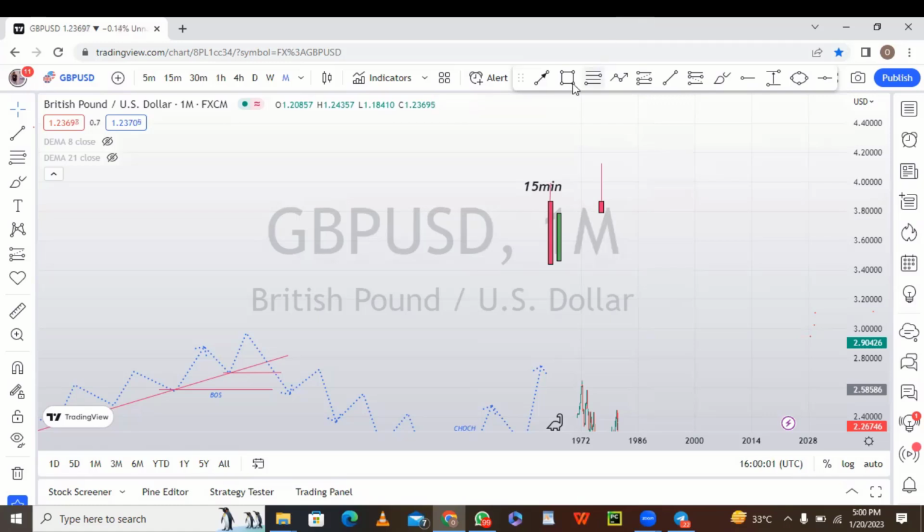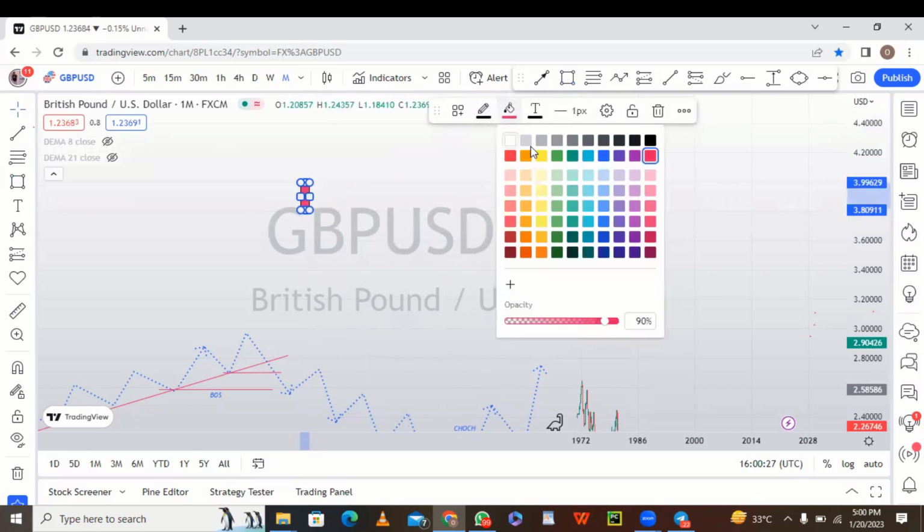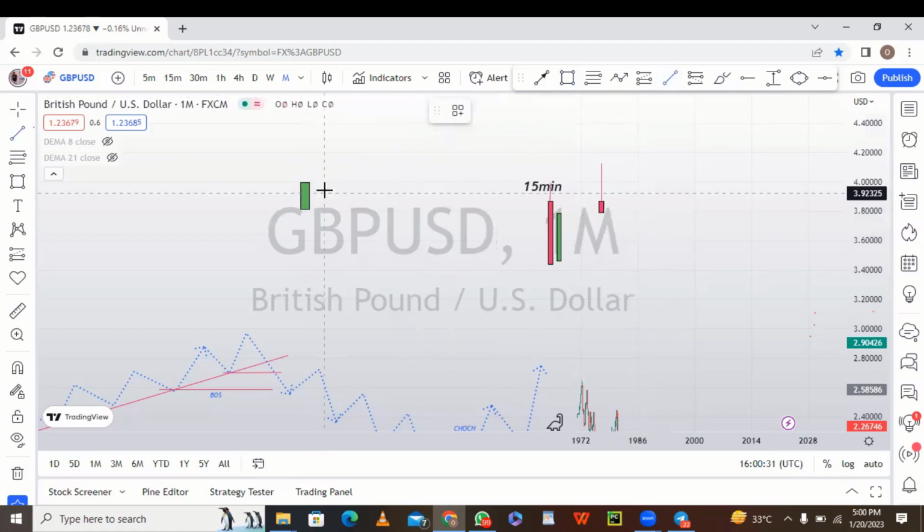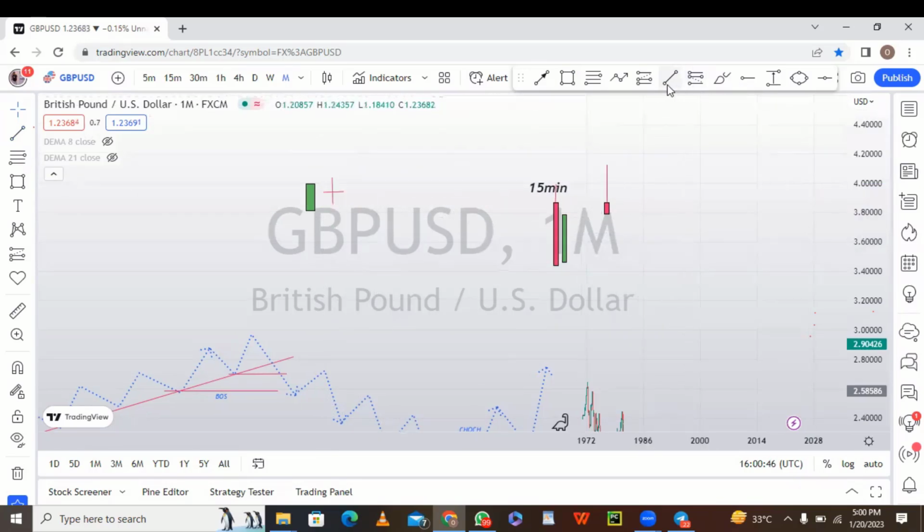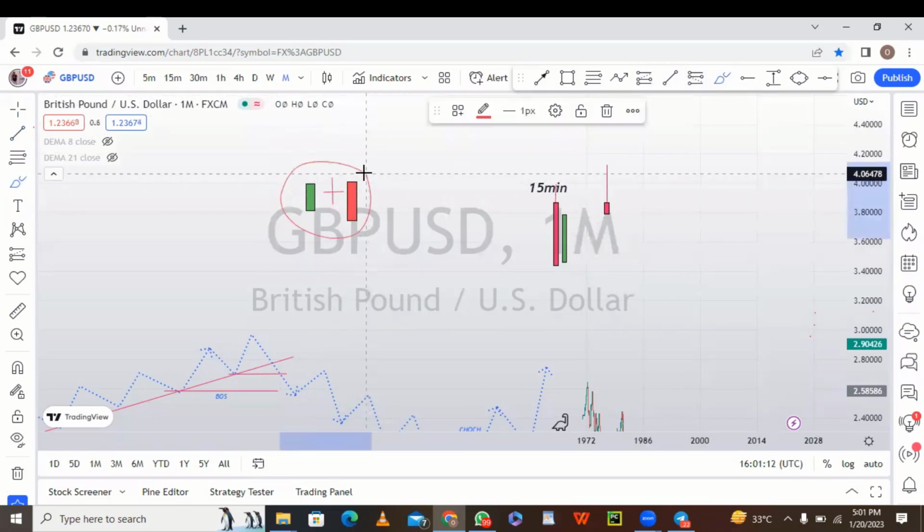So like I said, I've mentioned evening star. Evening star is a three-candlestick pattern, meaning it consists of three candles. I'm going to draw them just for you to see how they look. You have probably the first candle could be green. Then you have another candle which could be a doji, and then you have the third candle. This is an example of an evening star. These three candles combined collectively are called evening star. All together, we call it evening star.